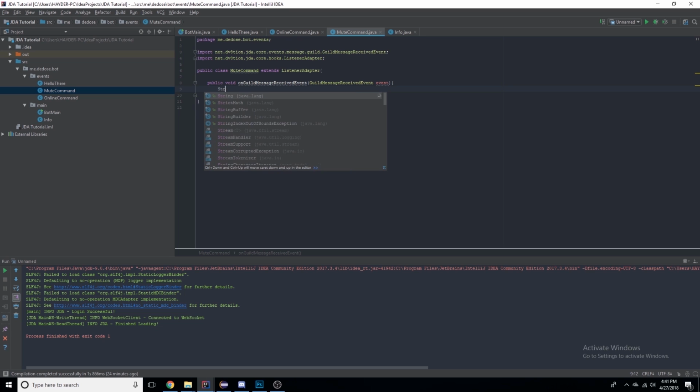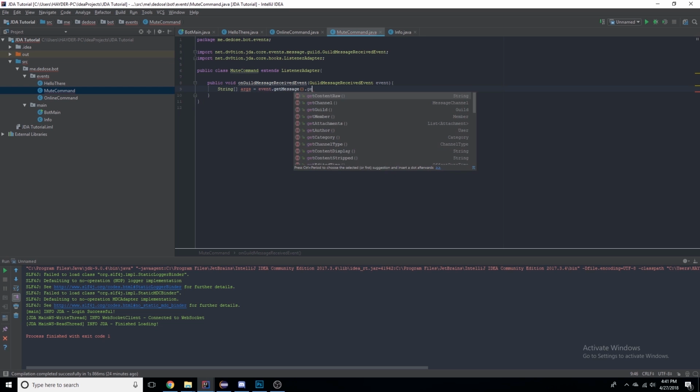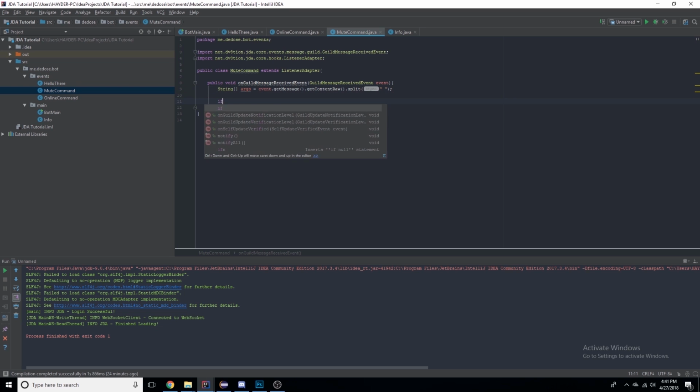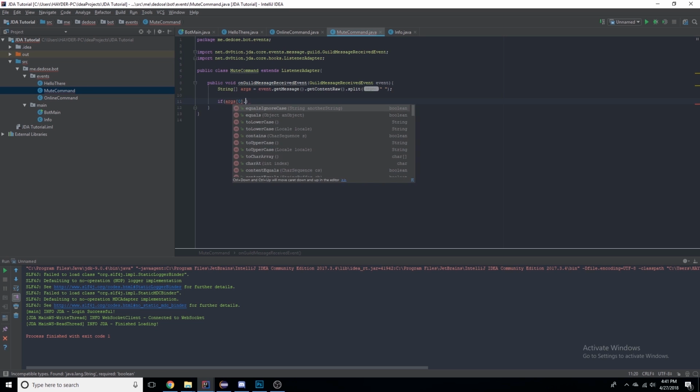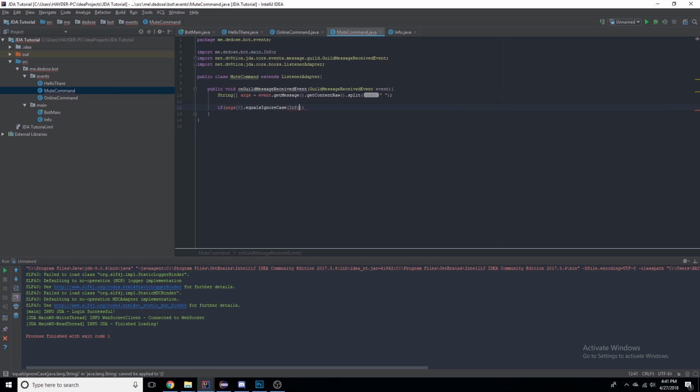Alright, so let's make our array string args equals event.getMessage.getContentRaw.split space. Alright, so if args 0 dot equals ignore case info dot prefix